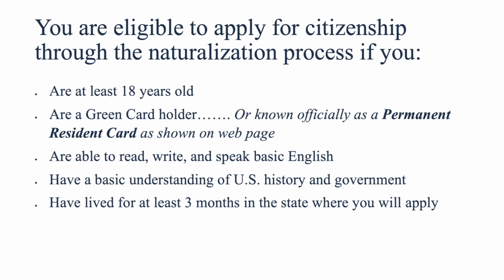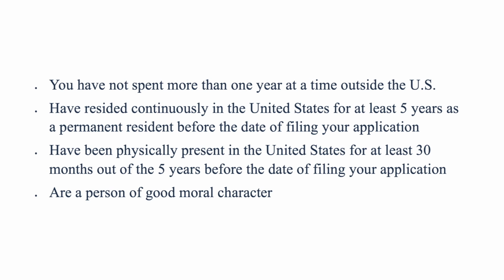To become a U.S. citizen, you will need to complete Form N-400, but first you must make sure you are eligible, that you qualify to become a citizen. You are eligible to apply for citizenship through the naturalization process if you are at least 18 years old, are a green card holder, or known officially as a permanent resident card, which is shown on the web page, are able to read, write, and speak basic English, have a basic understanding of U.S. history and government,